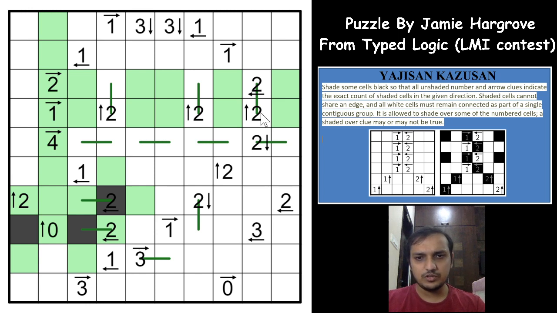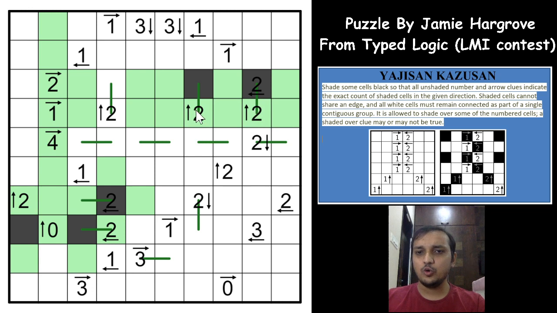Okay, so do we get anything else here? Okay, let us see what happens if we shade this cell now, right? Let us assume that we have shaded this cell, or maybe let us take this way. Let us unshade this, let us shade this cell. Now for the 2 to be fulfilled, 1 we have already fulfilled, and for the 2 to be fulfilled, both of these cells have to be shaded, right? Which means that both of these 2's are true. There has to be 2 shaded cells in both of these 2's in the given direction.